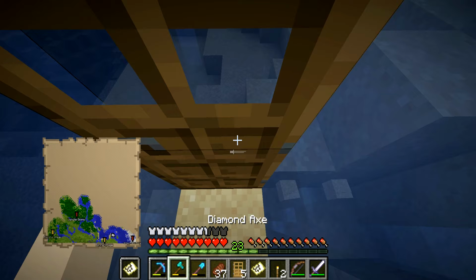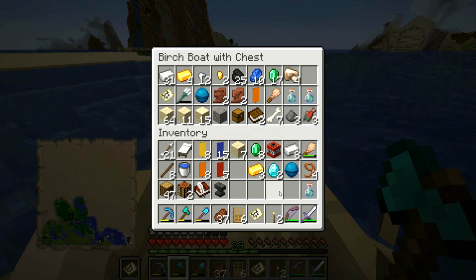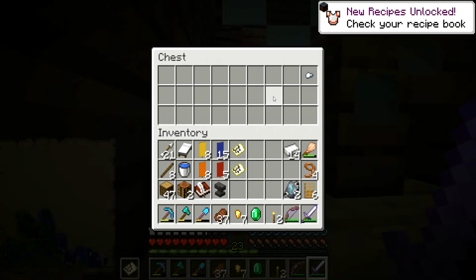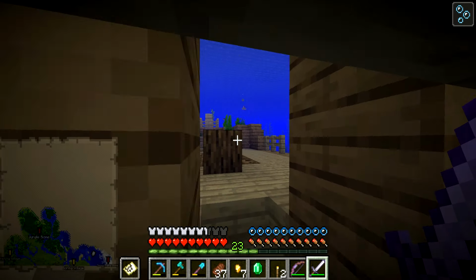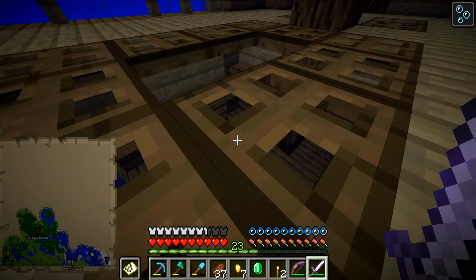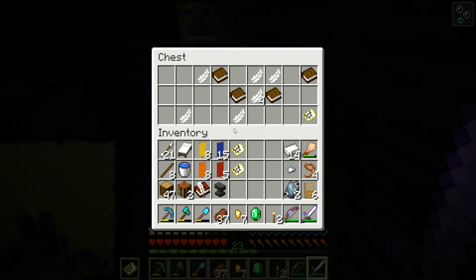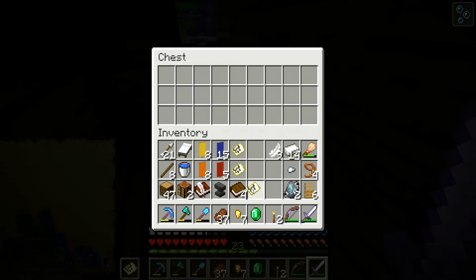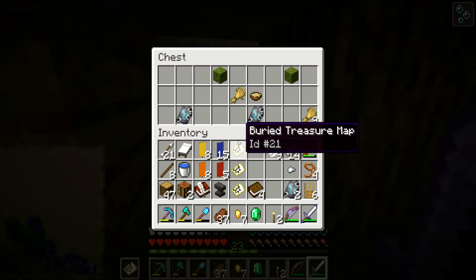So awesome stuff. I almost forgot that we got that. So thank the Lord we remembered to do that. And literally a minute later, look what I found. Some coast armor trim. That is awesome. So it's our first smithing template we've found. And I actually am using one of the water breathing potions right now. I didn't even realize these had those. And we have yet another buried treasure map. Oh my goodness, we're finding so much treasure here. And let's go over here and see what we...